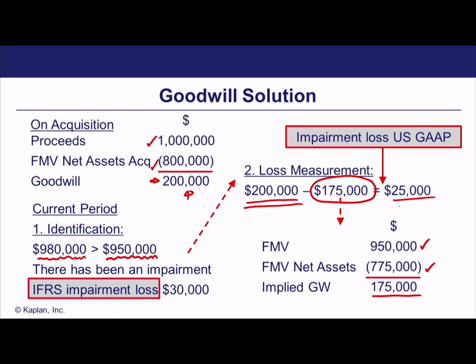One last thing to talk about, what about negative goodwill? What about purchasing a subsidiary for less than the fair market value of its net assets? Now, I think first of all, we should say, hey, this is very odd. Why would somebody be selling you a subsidiary for less than the fair market value of its net assets? Surely they would be better off just breaking the company up, selling off its assets, paying down the liabilities to actually generate the fair market value of net assets. Surely that would be the way to go rather than selling it for a lower figure.